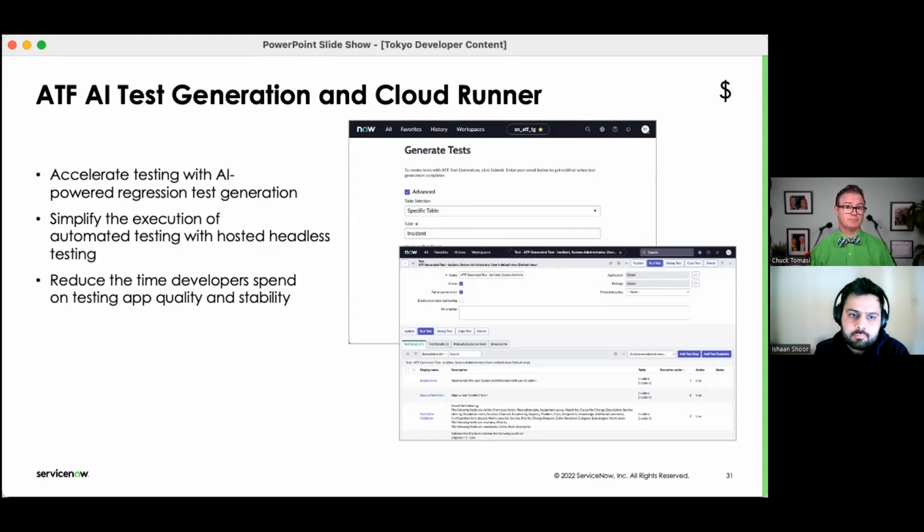It is a licensable product. There is a component of that called Cloud Runner, which we provide. We recognized when we did the headless, what was it? The headless test runner, headless browser. Can't remember what we called it, but